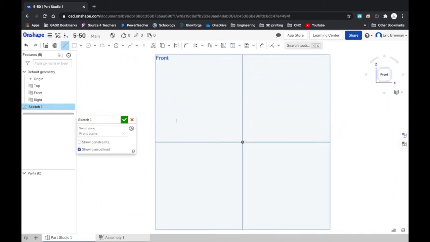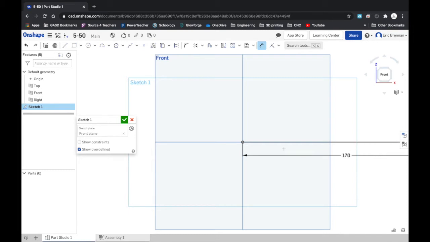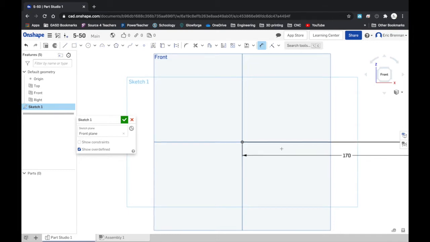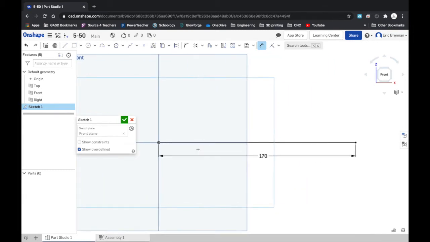I'm going to start with a line right on the origin, and I'm going to make it 170 millimeters. I'm going to dimension that ahead of time so I can start sketching proportionately. Okay, so if I were to rough sketch this out,